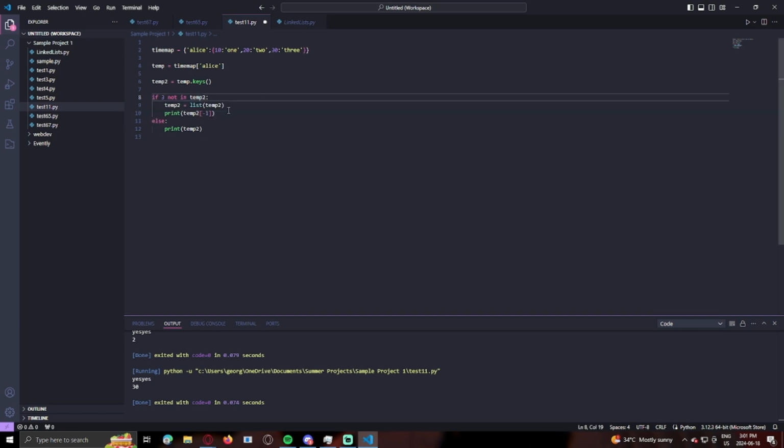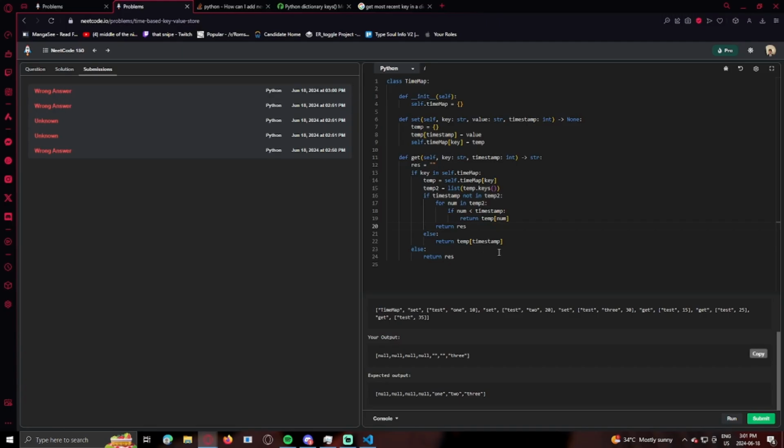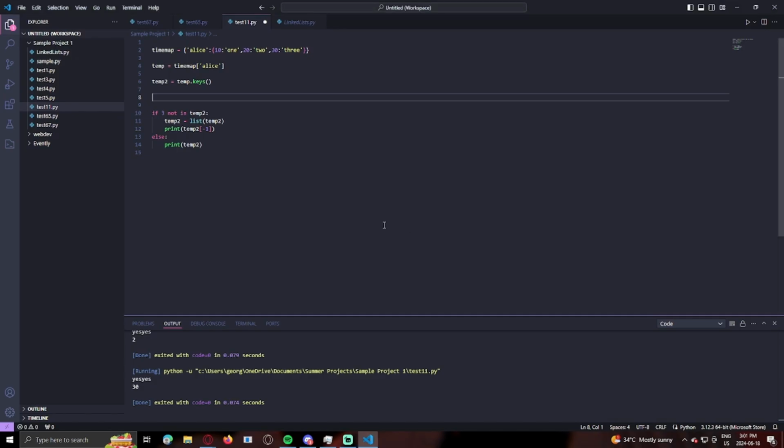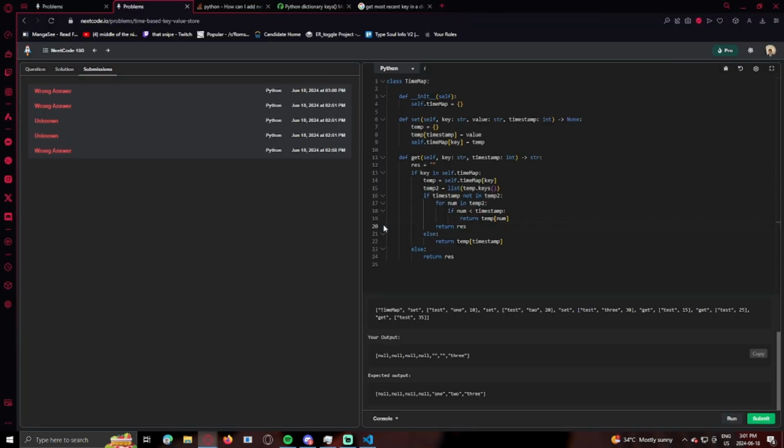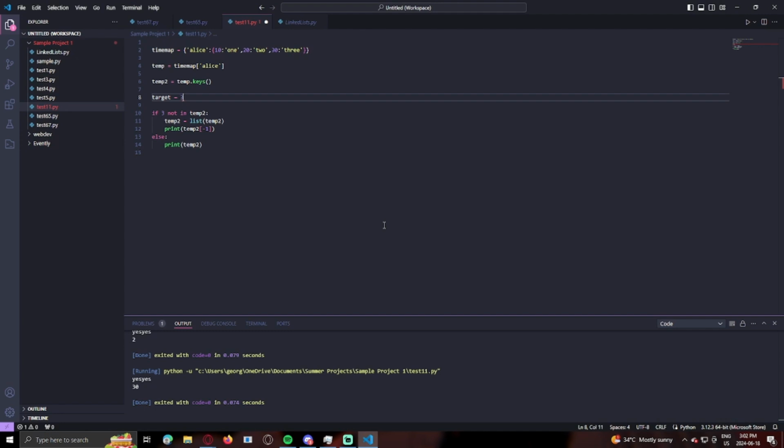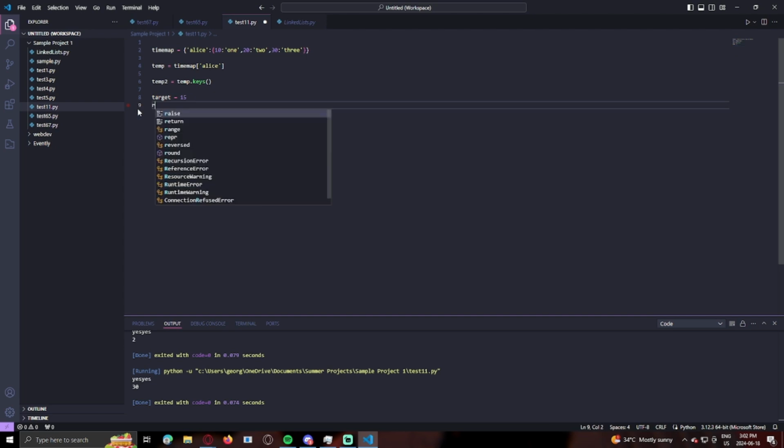I'm just gonna set this to a bunch of different things, and I want to print it. So I'm gonna say target equals what we're looking at, right? So what we're looking at is a number. So we're gonna say target equals 15. So now I have to do res equals